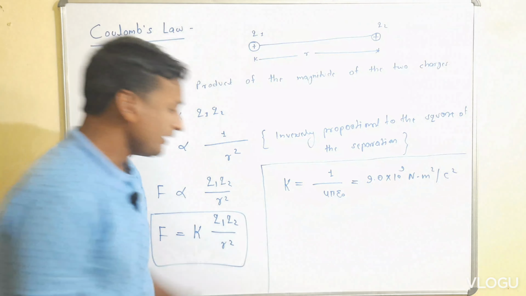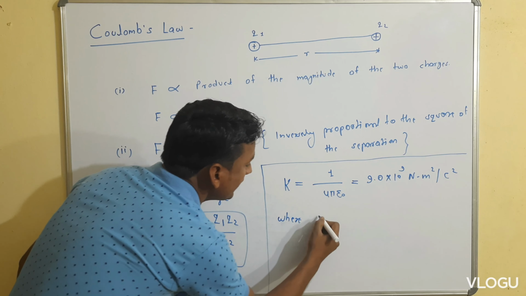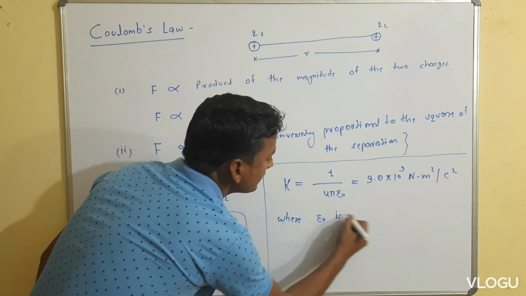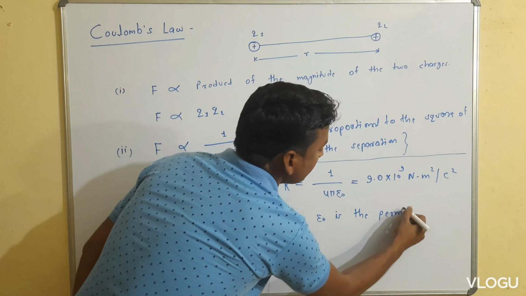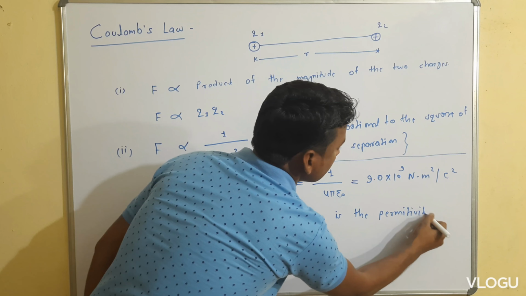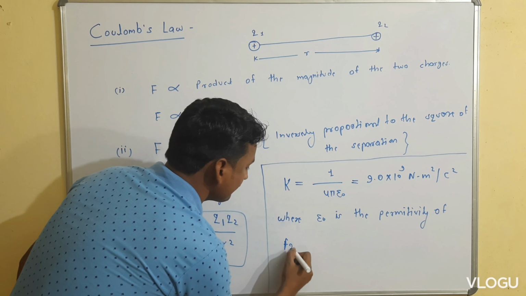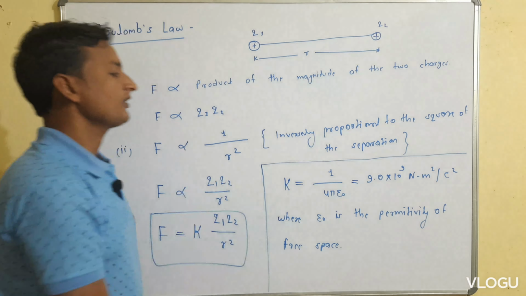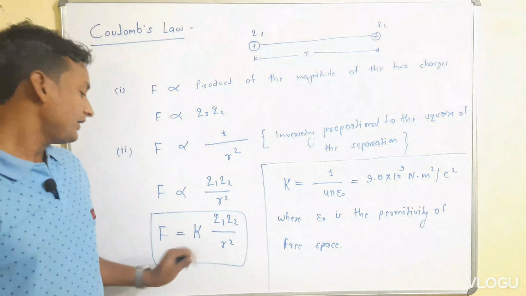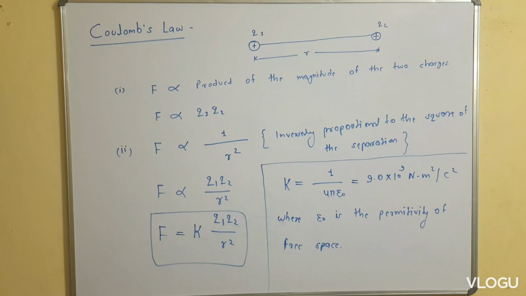So what is epsilon naught? Epsilon naught is the permittivity of free space. So now we can replace K with 1 by 4 pi epsilon naught. So another form of Coulomb's law becomes